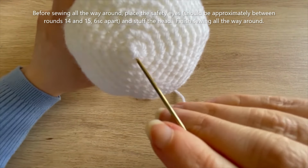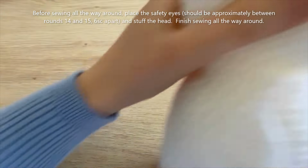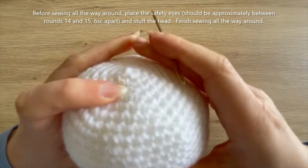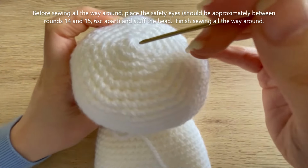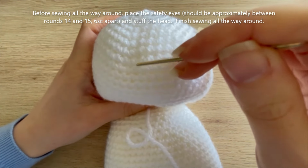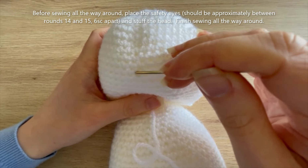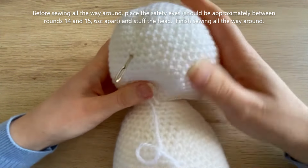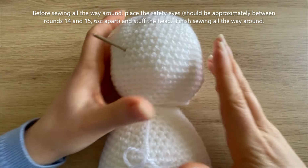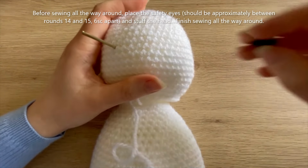So 1, 2, 3, 4, 5, sorry. Let me try that again from this angle. So 1, 2, 3, 4, 5, 6, 7, 8, 9, 10, 11, 12, 13, 14 and 15. So somewhere like this is where the eyes should go, and then they need to be roughly 6 single crochets apart. So I'm just going to figure out